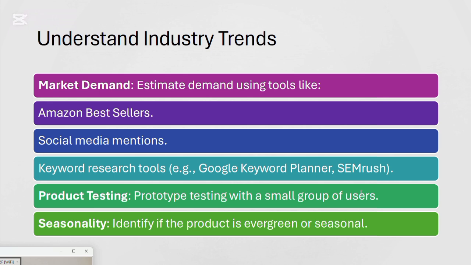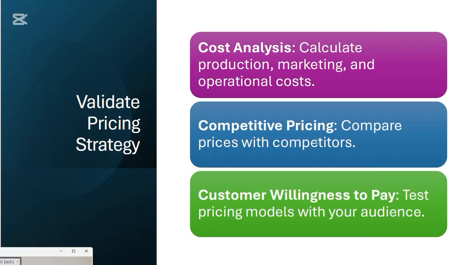Understand industry trends and market demand. You must estimate demand using tools like Amazon bestsellers, Noon bestsellers, and social media platforms like TikTok, Facebook, Instagram, Pinterest, and keyword research. For keyword research, use tools like Google Keyword Planner. Product testing: prototype testing with a similar group of users. Seasonality: identify if the product is evergreen or seasonal. And